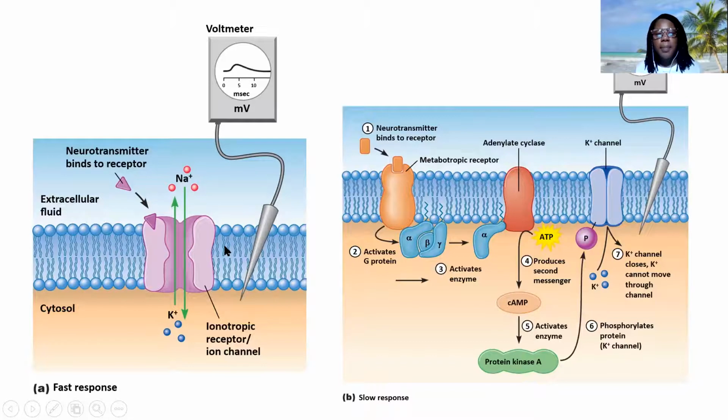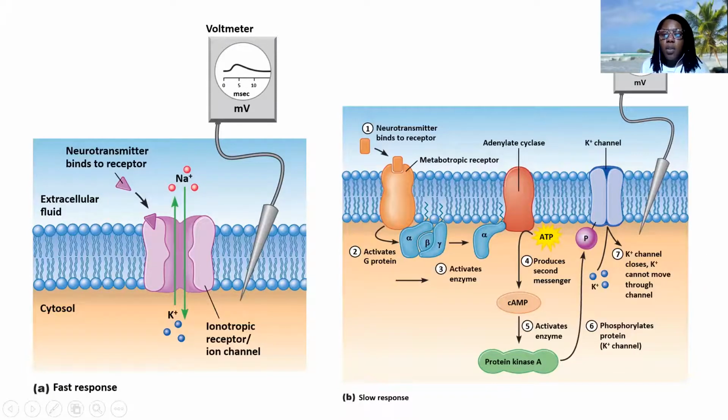And so the binding of this receptor to the channel opens up the channel. Remember, this is a ligand-gated channel. So binding of that neurotransmitter will open it up, and that is going to allow the flow of ions. Now, depending on what channel this is, that will determine if it's going to be an IPSP or an EPSP. So if it's a sodium or calcium channel and we open it up, that will be an EPSP. But if it's a sodium or calcium channel and we close that channel, that's going to be an IPSP. So we want to be thinking about the events that are brought about if we open the channel, and then also thinking about what could happen if we close that channel.